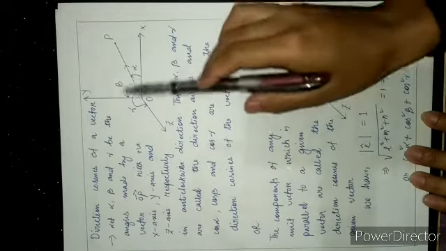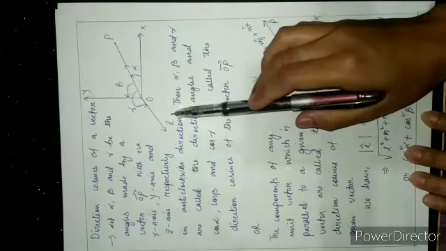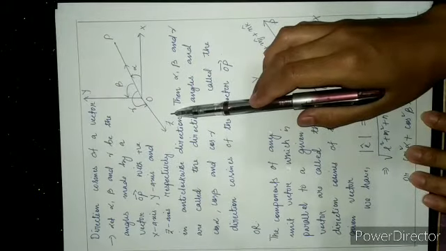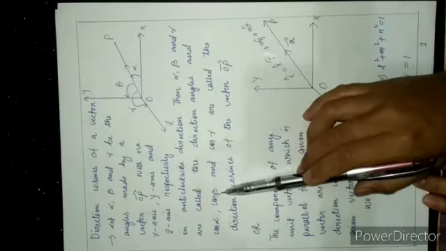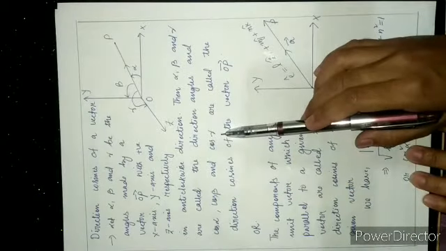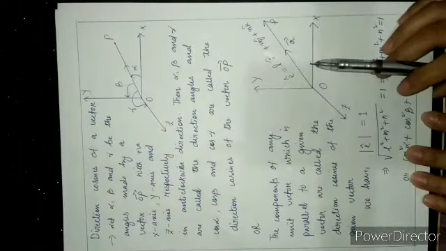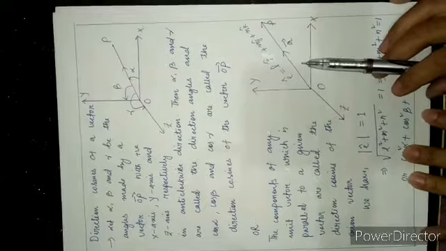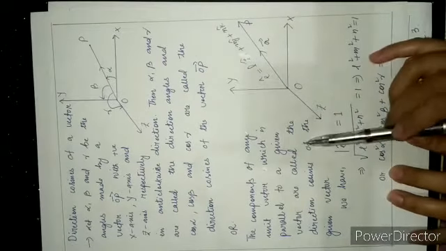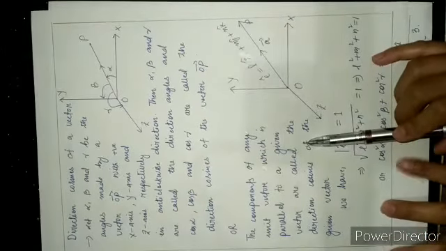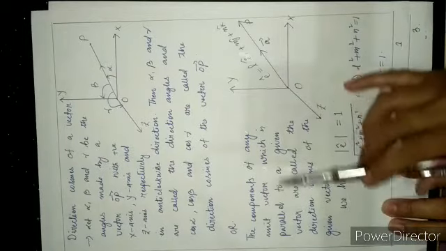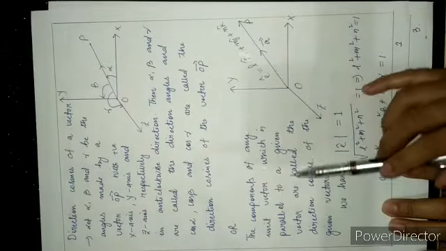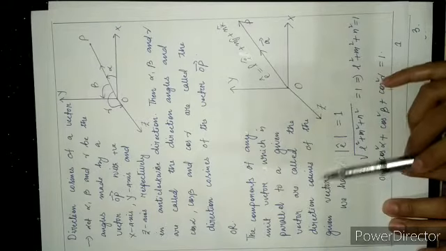Given vector, alpha, beta, gamma are the angles made with the x-axis, y-axis, z-axis. The values of cos alpha, cos beta, cos gamma are the direction cosines of a vector. Direction cosines can also be defined in another way: the components of any unit vector which is parallel to a given vector are called the direction